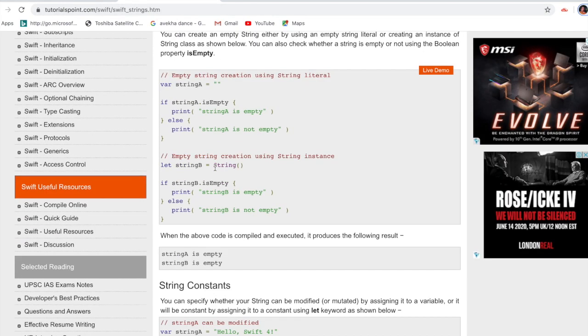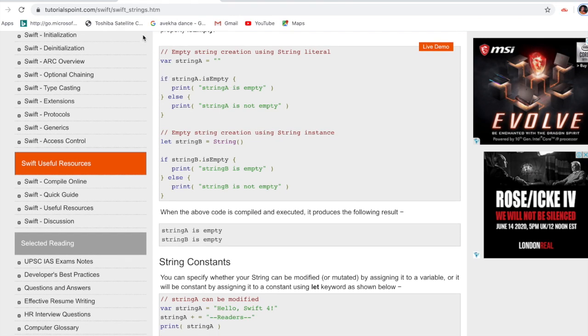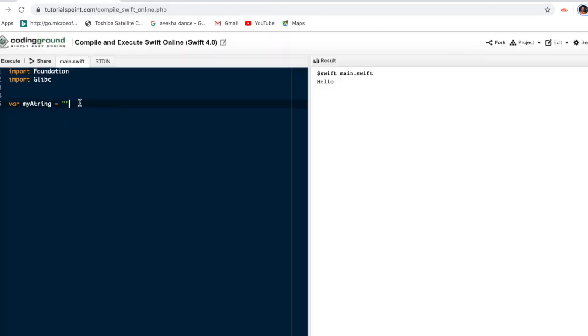Here I'm looking at one condition: I want to see whether my string is empty. If it is empty, then print "it is empty". So, my string dot isEmpty. If it is empty, print this way, or else print "it is not empty".